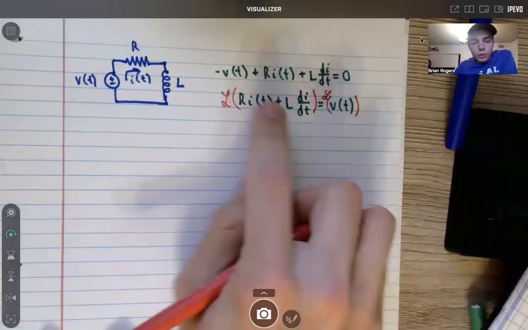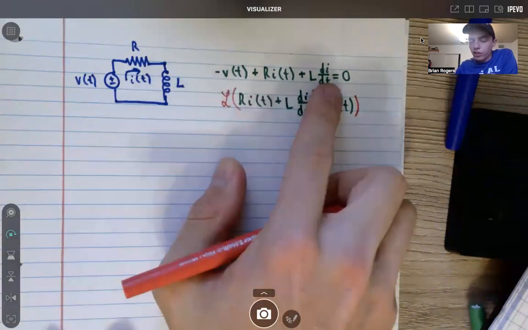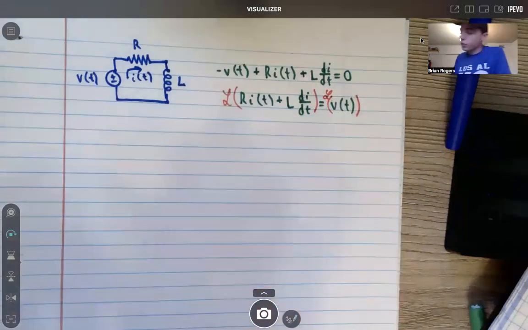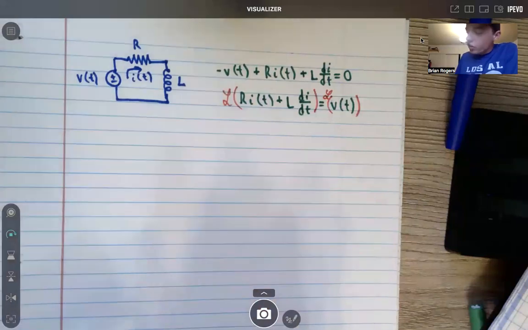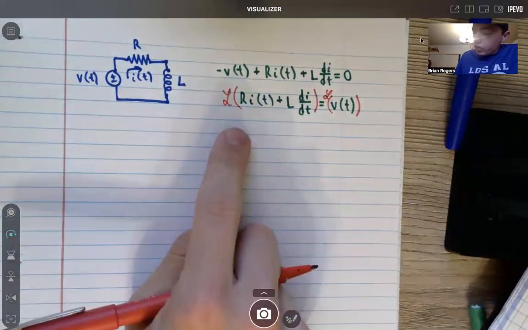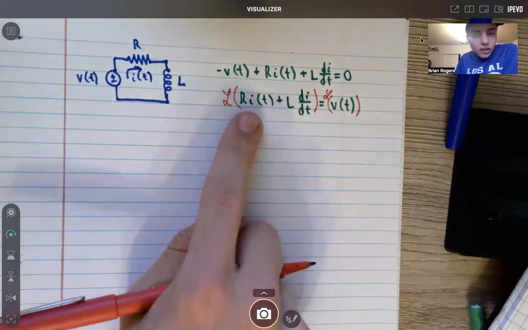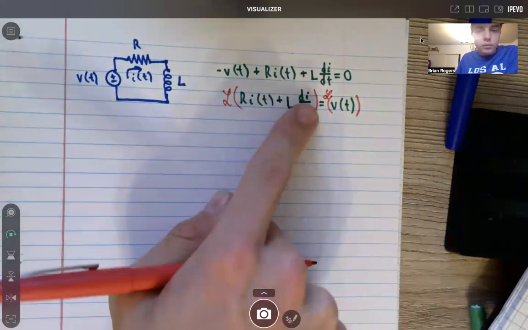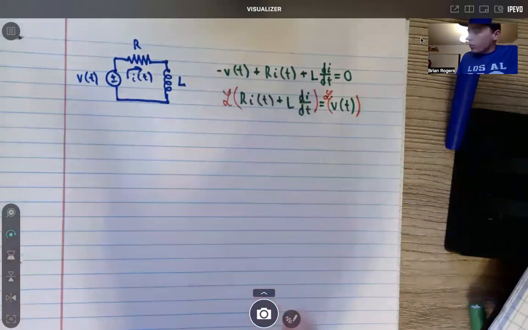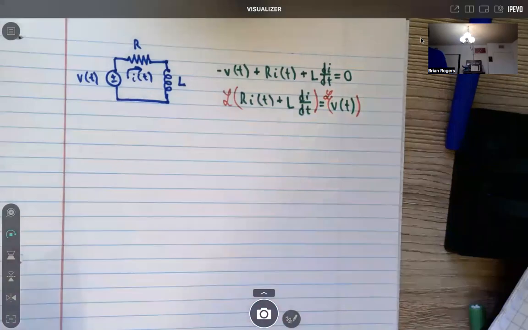So we just wrote the equation for the current going through each of the elements, wrote all the voltage drops, then took the Laplace of both sides. Now that we took the Laplace of both sides, what's happening here is we have one term sort of like x, and then we have the derivative of x, but here it's representing current. And so we know when we do the Laplace transform, if we look at the table in particular,